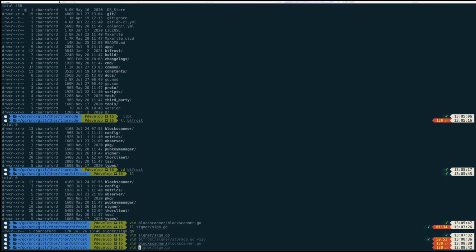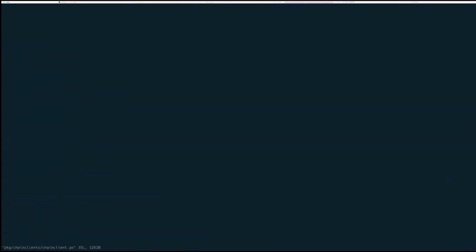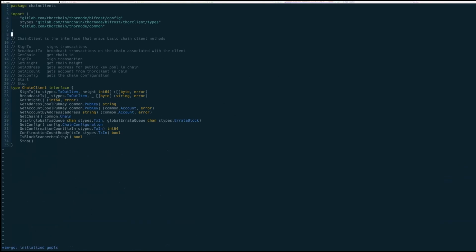Yeah, well, before I do that, let me do something first, which is relative to that. So the chain clients have this interface here that they all have to implement, right? It's an interface for how to sign a transaction, how to broadcast a transaction, how to get the current block height, how to get stuff. There's various little pieces of information, right? Every chain needs to implement their own versions of this. Although this one you could probably just delete because it's actually implemented automatically for you. But anywho,